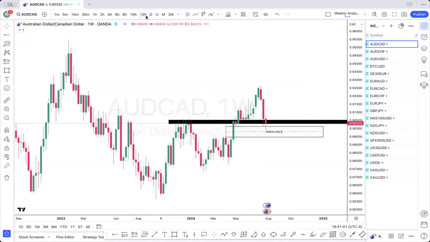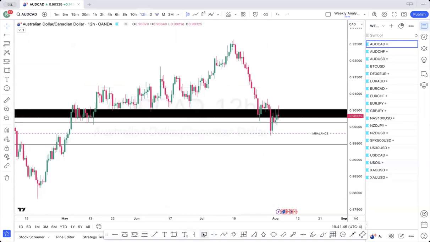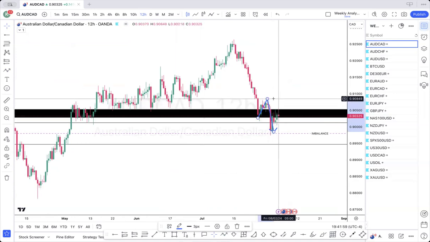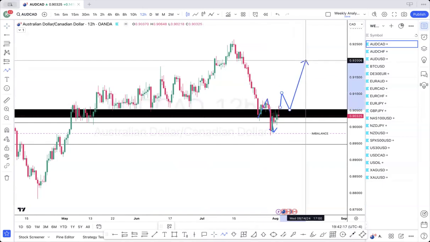However, if I go to the daily, I'll look at my daily structure. And here is the daily structure. That's the last current swing. Price has pushed back into my zone. So either price is going to continue buying up above this zone as soon as there is an impulse move or a break of this high. If there is a break of this high, we would look for the pullback to this zone to buy up